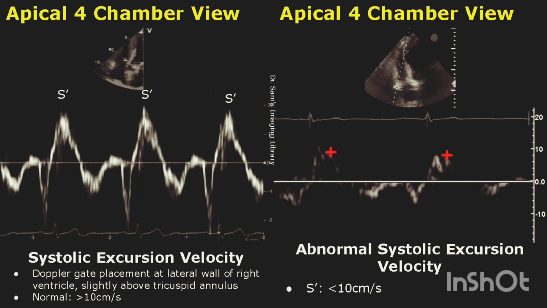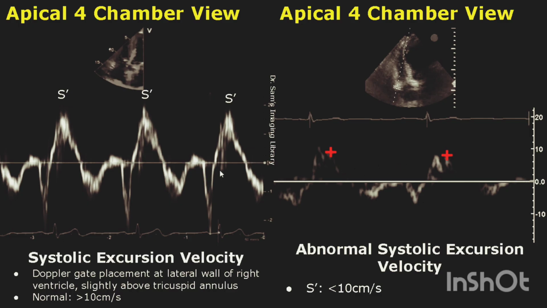Systolic excursion velocity is a measure of the velocity of the tricuspid annulus during systole, typically obtained using spectral Doppler. We can call it S prime. It reflects the longitudinal contraction of the right ventricle and can be used as a parameter of right ventricular systolic function. S prime is usually measured at the lateral tricuspid annulus, and a reduced S prime may indicate right ventricular